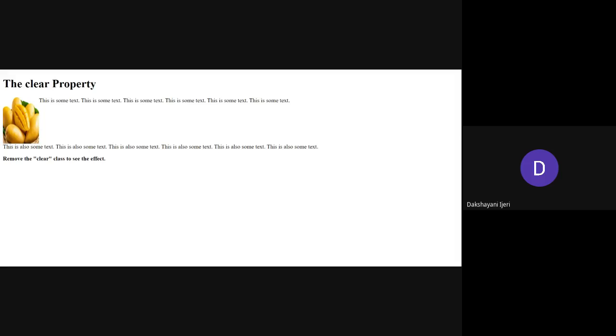Even though there is space to flow around this image, it is taken to a new line because of the clear property, to make sure it does not have any content on the left or the right position.